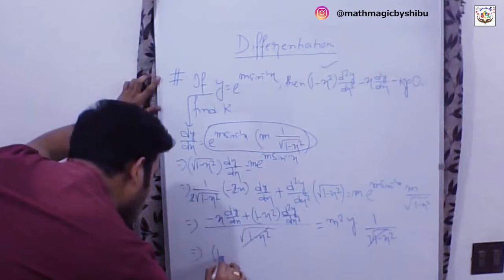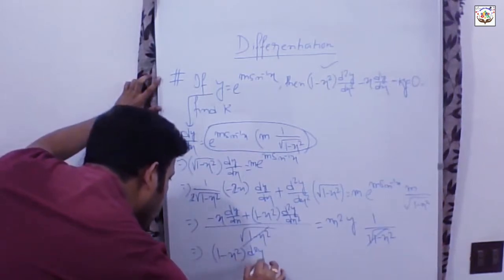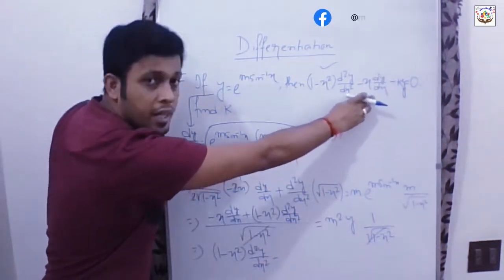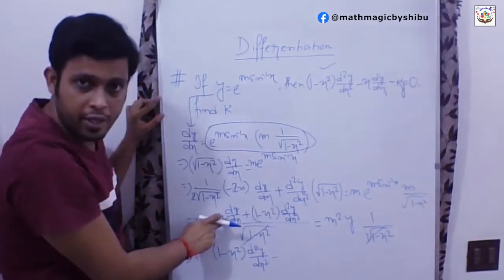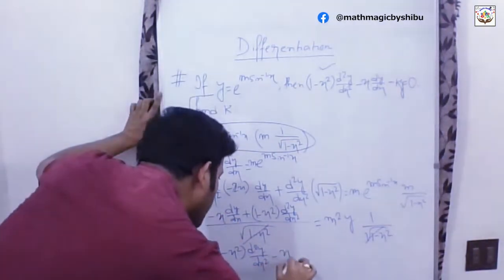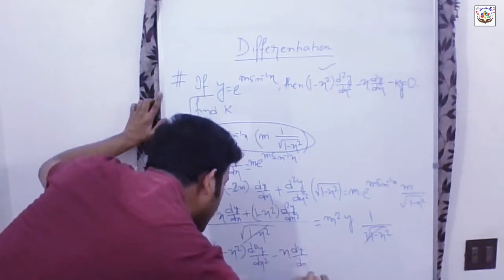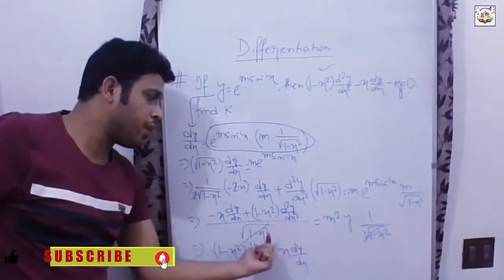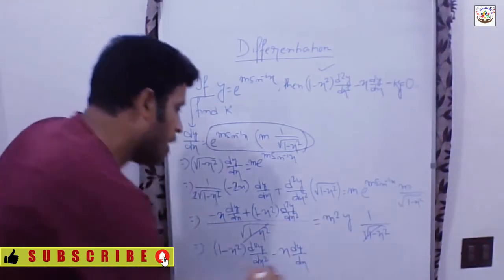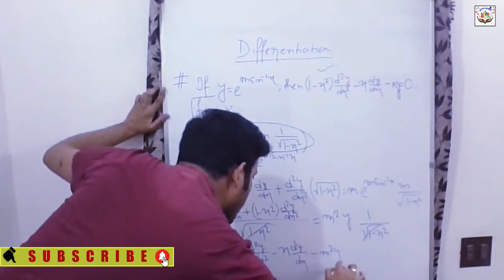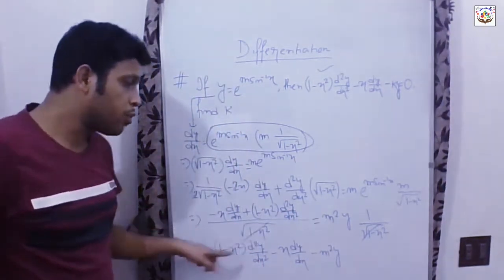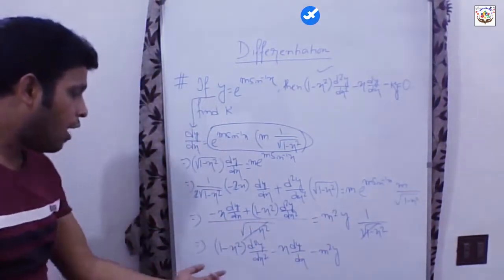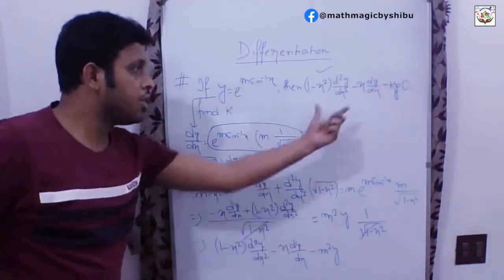So we can write 1 minus x square d2y by dx square, and we have minus x dy dx in the resulting expression, as you can see. Okay, so minus x dy dx, right? And if we take the m square y part from the right hand side to the left hand side, automatically it will be minus m square y. Remember, we have already cancelled out both the denominators, so we can easily take this from right side to the left side.